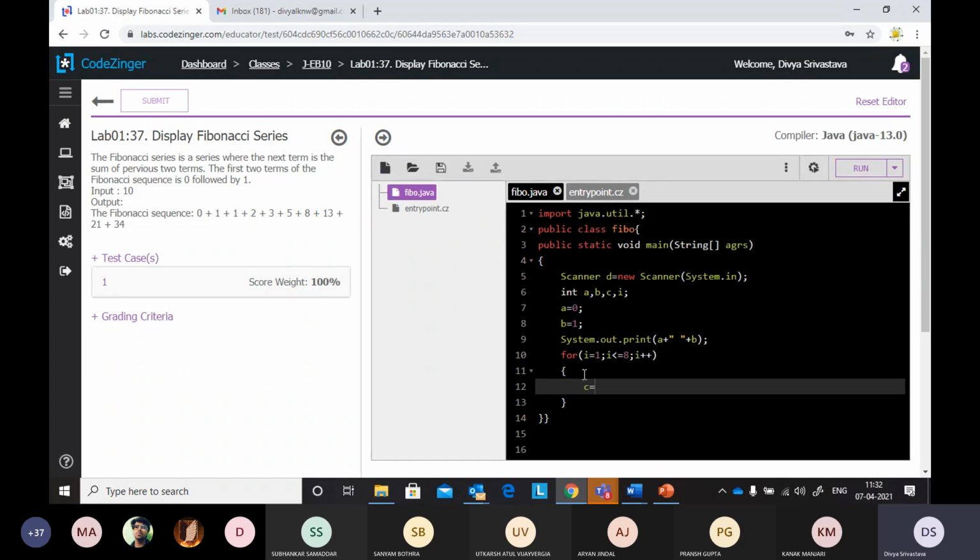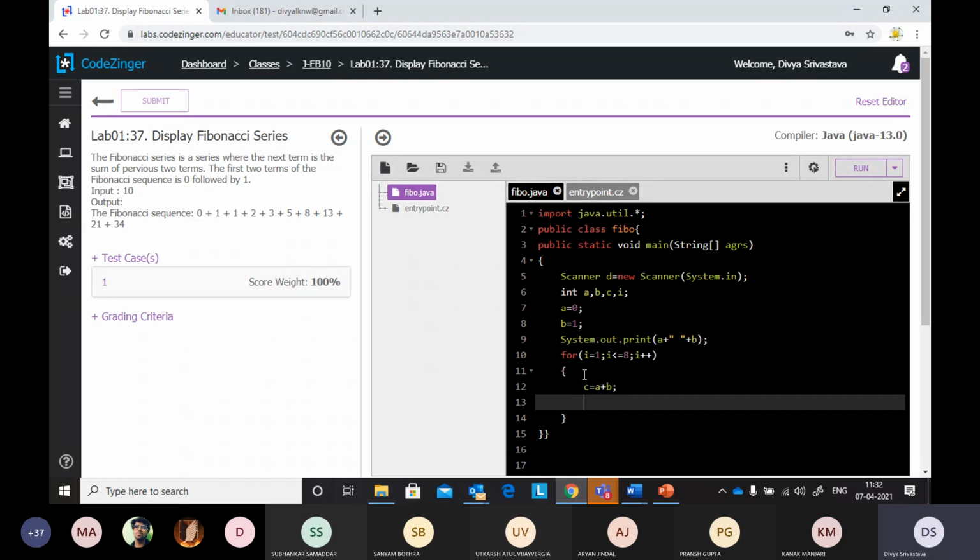Now C is equal to A plus B. As soon as I have got the sum, let us print the element with System.out.print. Why are we doing this? Because in between there will be the addition symbol with a space. In case of Python, we used to put a comma, right?